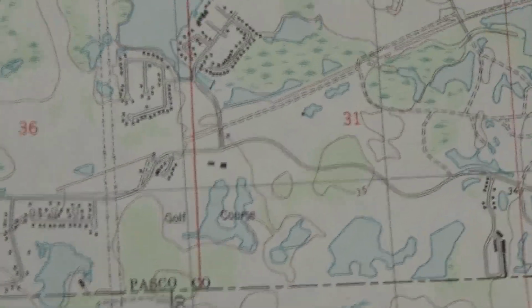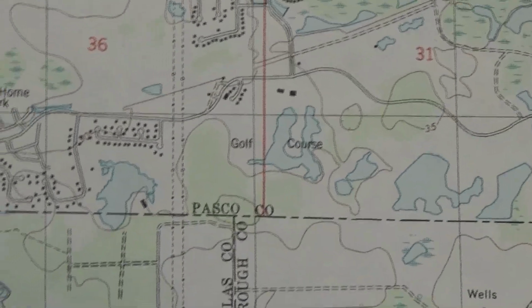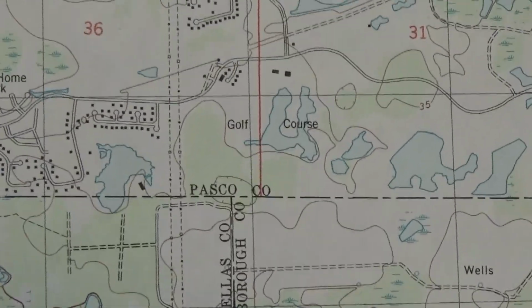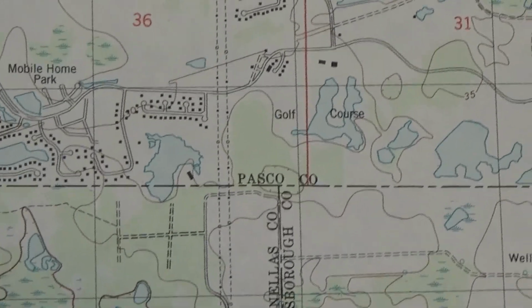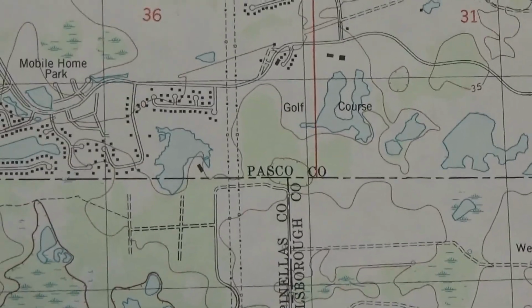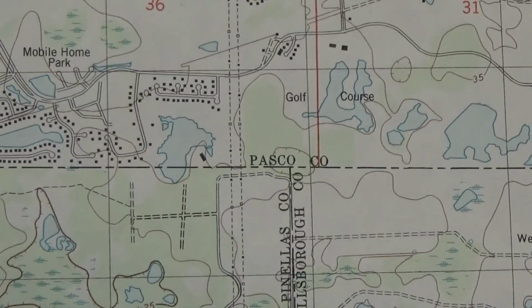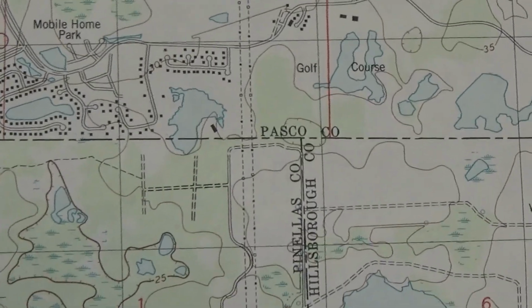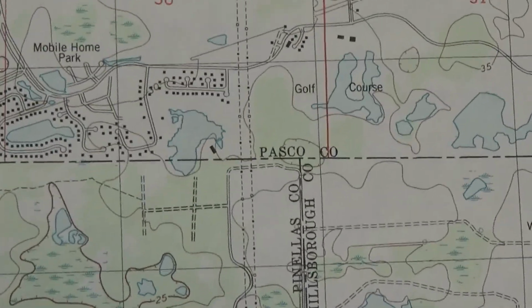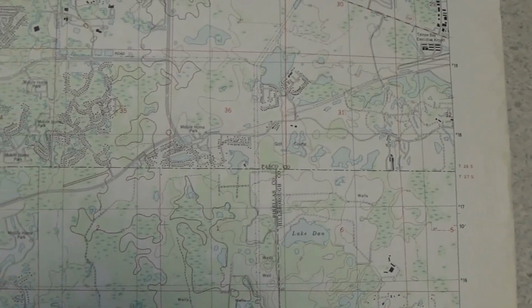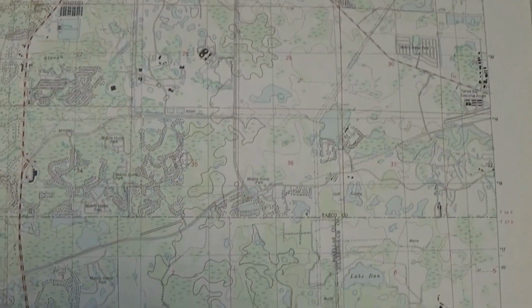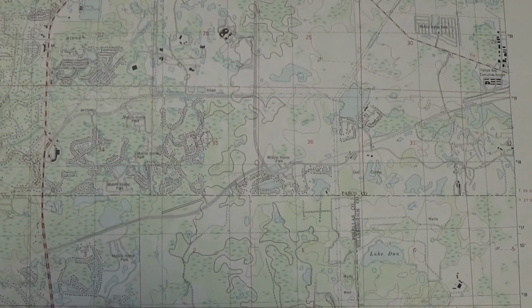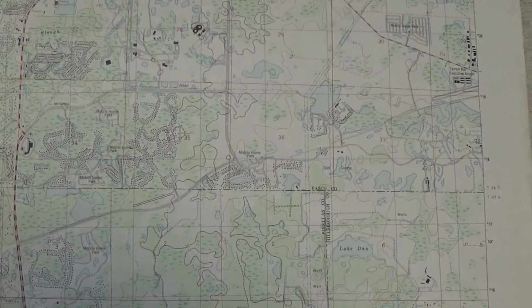Immediately, what you can tell then in looking at contour lines is the general lay of the land, the topography. If the contour lines are very close together, that means the elevation is changing over a relatively short distance, meaning it's very hilly or sloped. If the contour lines are far apart, that means it's relatively flat land. Of course, this topographic map was from an area around here. To get an idea of what it might be in an area that has tremendous changes in topography,